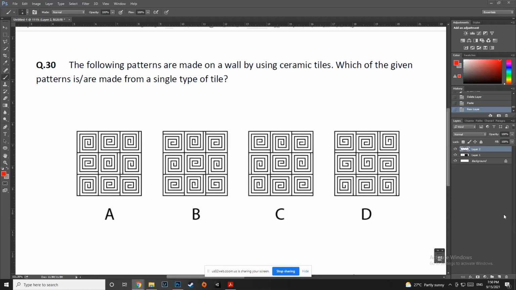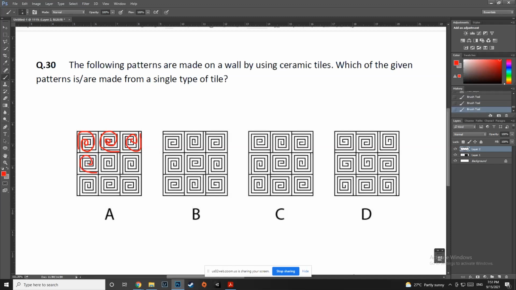Okay. Everybody's saying A and C. B and D. Oh, sorry, A and C. Okay. Now, let us see. Basically, what I'm going to do is see whether the tile is clockwise or anti-clockwise, right? So, let us start with this. This tile is clockwise, right? You all can see that it is clockwise, right? This starts from here, but it is also clockwise, right? This starts from here, it is also clockwise.